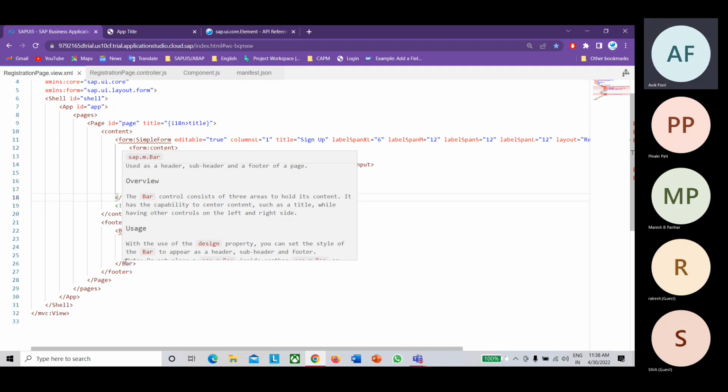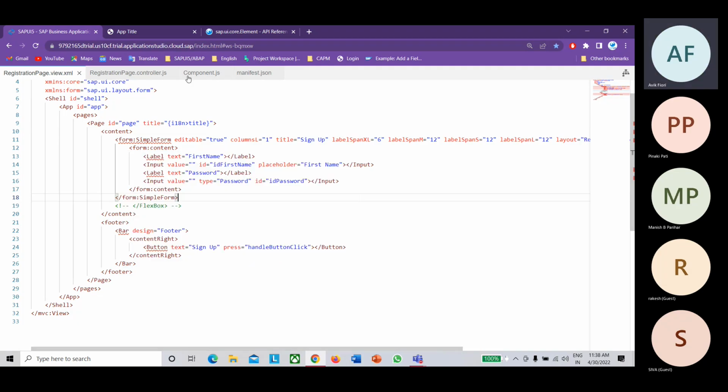Okay, let's see now how the fragments are defined. There are a couple of fragment types available, like XML fragment and JavaScript fragment.